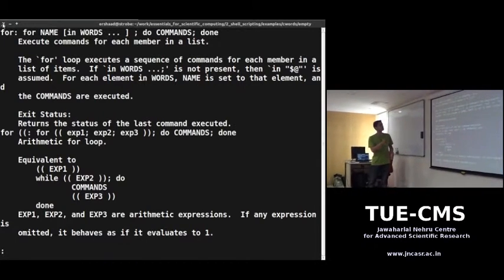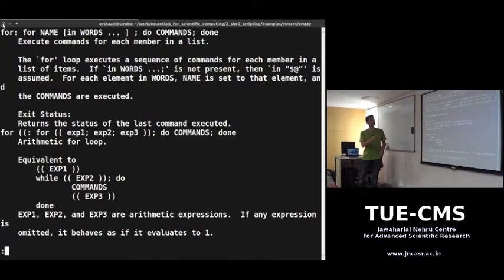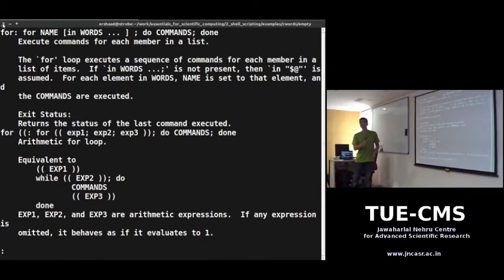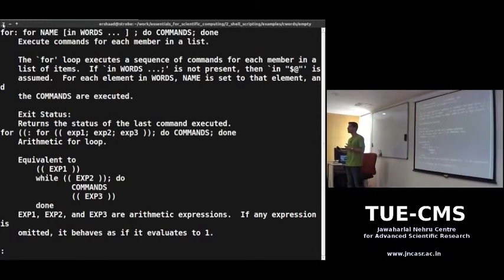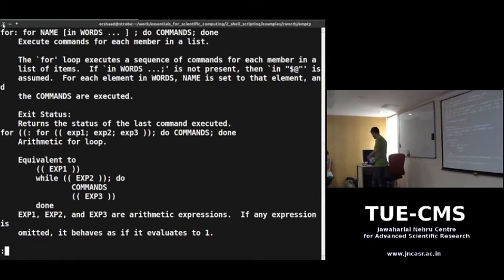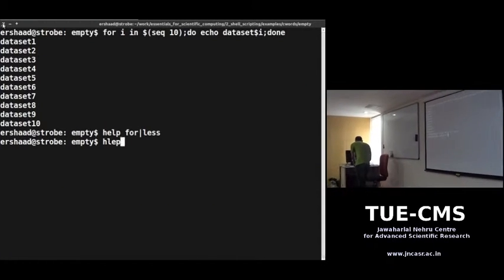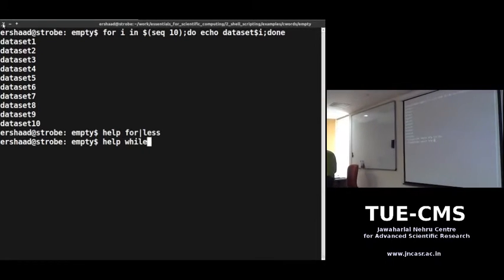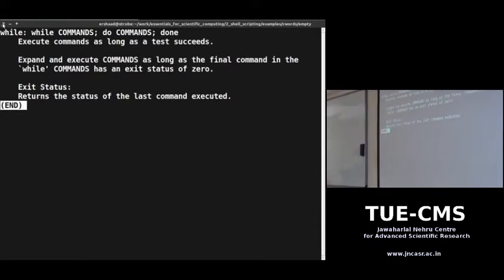So the loop is going to execute all the commands in between the do and the done. How does the for loop know that your construct ends? It looks for the done keyword. So very easy to change. This is the same for a while loop. If you want a while loop, it's the same.